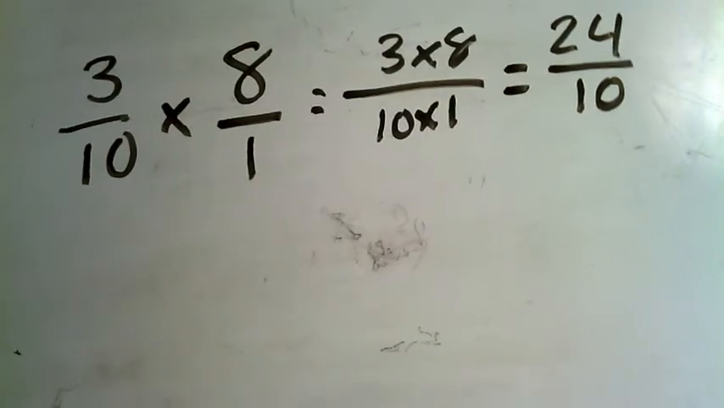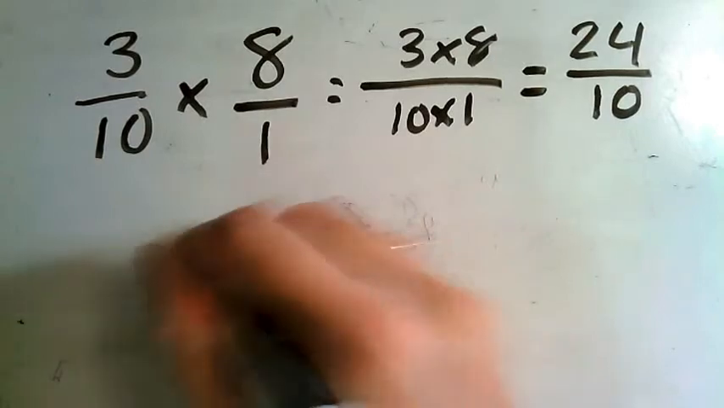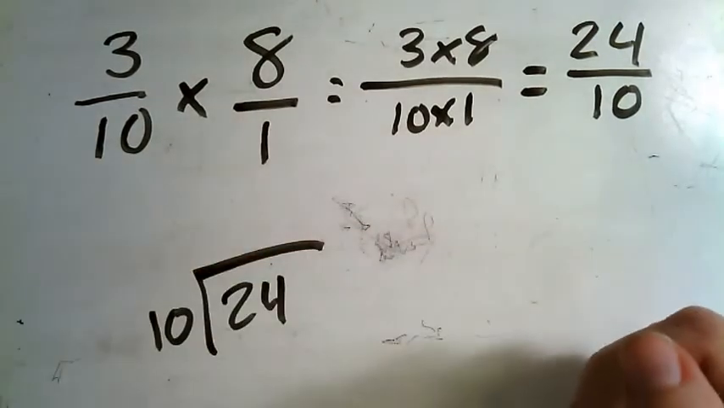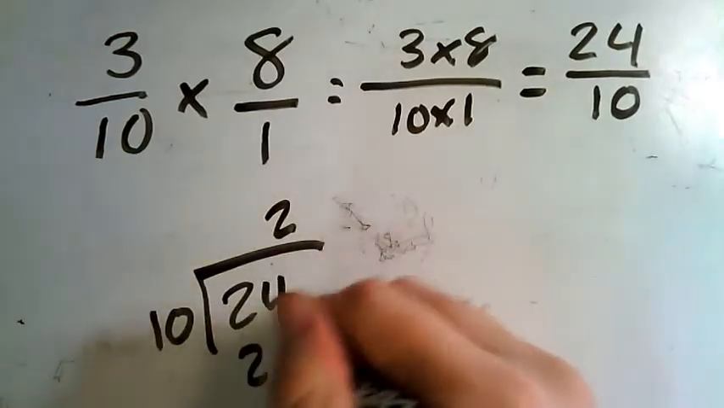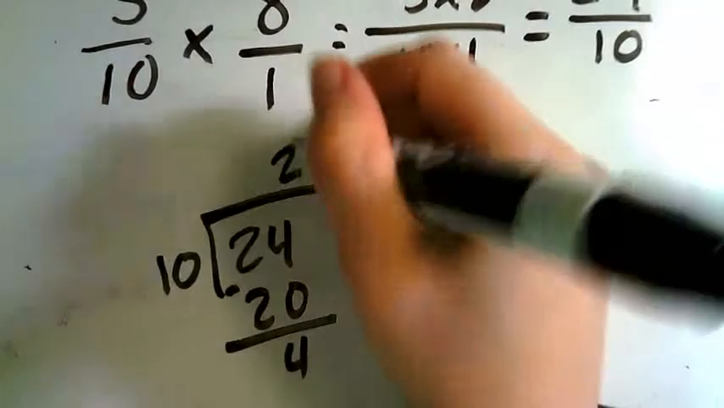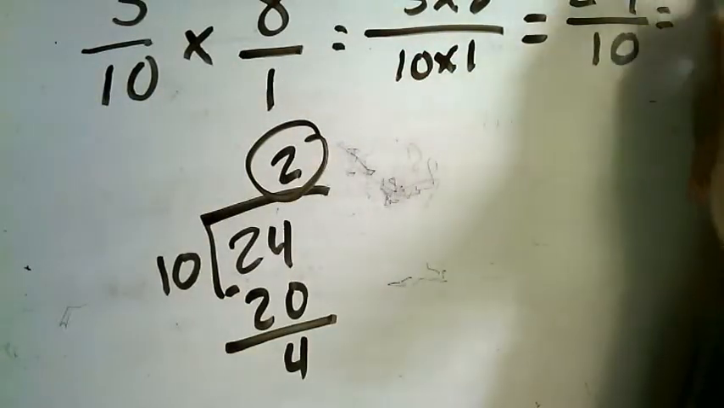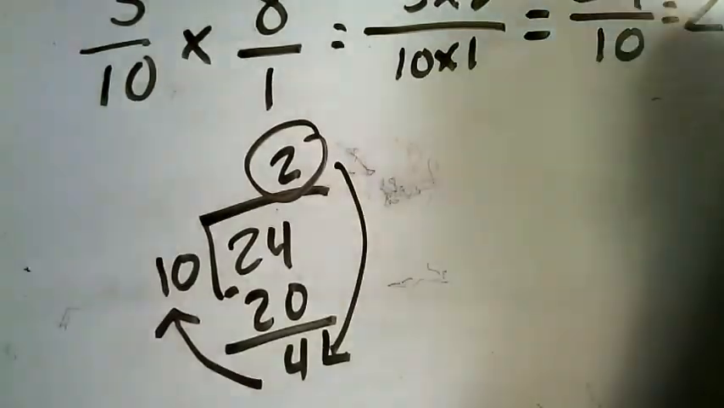We want to simplify that as much as possible. So we're going to say 24 divided by 10. 10 can go into 24 2 times. 2 times 10 is 20. Subtract, we have a remainder of 4. So we know that that is our whole number, 2, and we have 4 of the 10 pieces left,